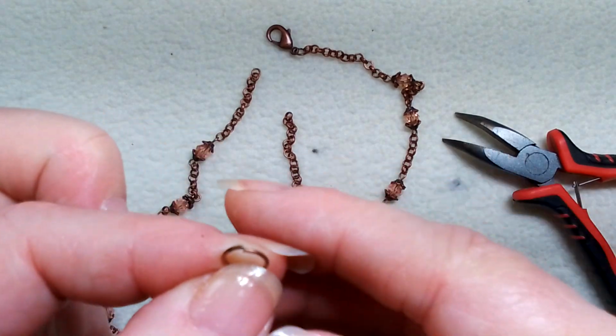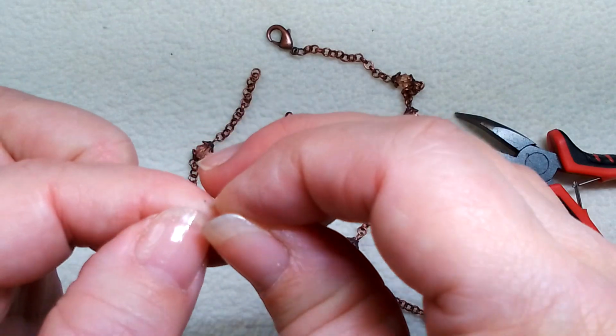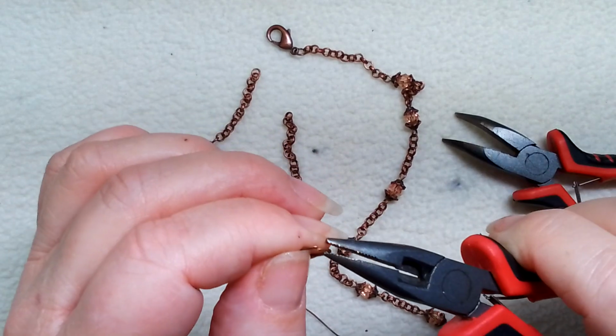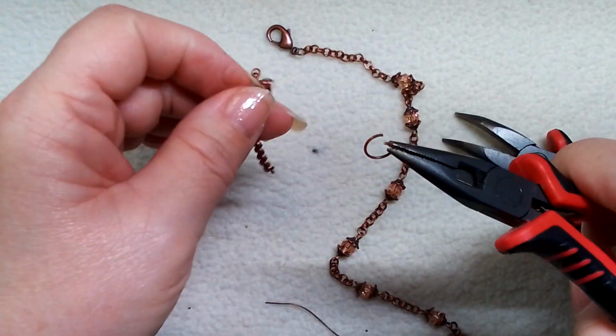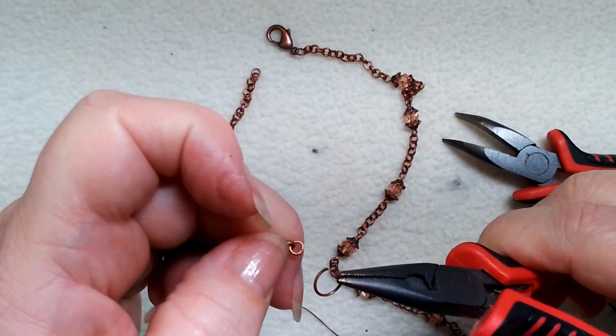Now we'll be able to bring it together correctly. But you shouldn't have to trim your jump rings. And if you are, you've really got a bad batch. So